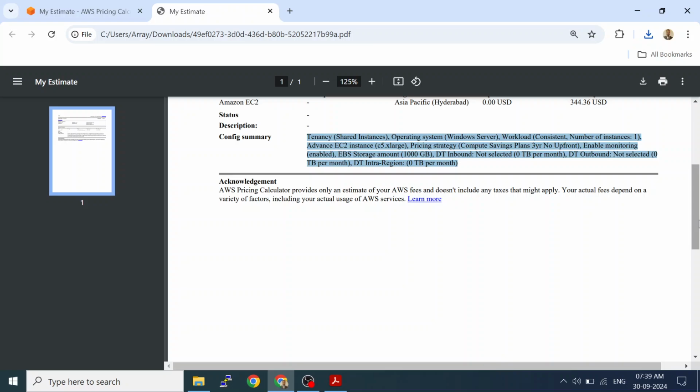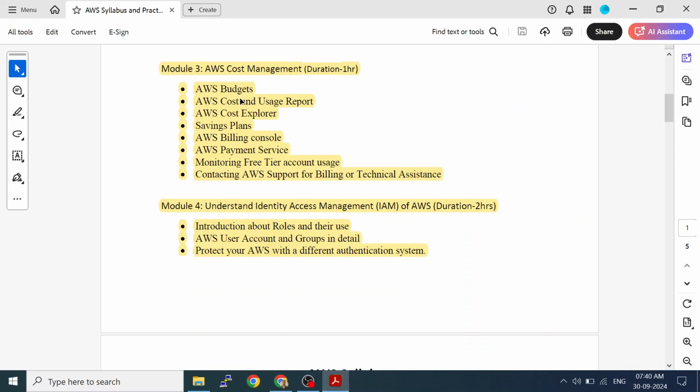Configuration summary. This you can show and explain to your management. So is it clear? How to explore the cost, how to create the budget, how to create the summary. So this is the first thing which we had to see: budget, cost, usage report, and explorer. Now coming to this